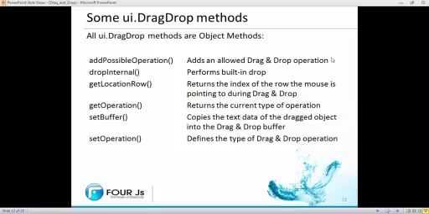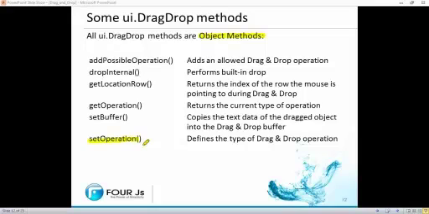So here is a list of some of the drag-drop class methods that are important for implementing drag and drop. We'll see additional ones as we look at the code samples, but this is all I could comfortably fit on the page. So notice first thing here is that all the UI drag-drop methods are object methods. So we have to get a reference to the drag-drop object before we can actually use these methods. I'm going to start down here at the bottom, which sounds a little strange, and then we'll go back up to the top. But the first method we'll look at here is the